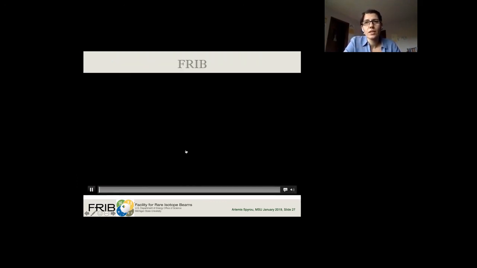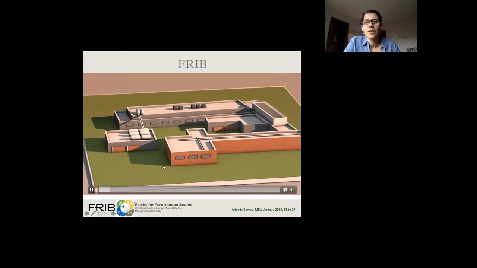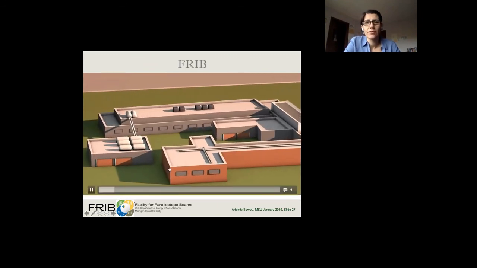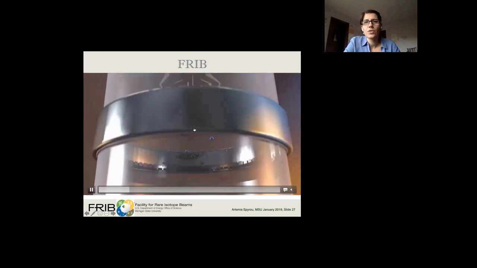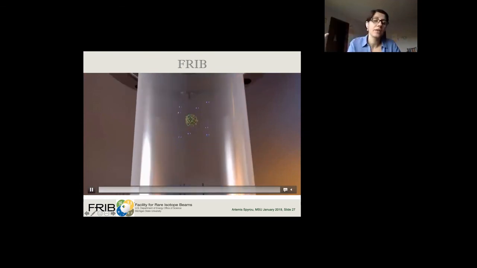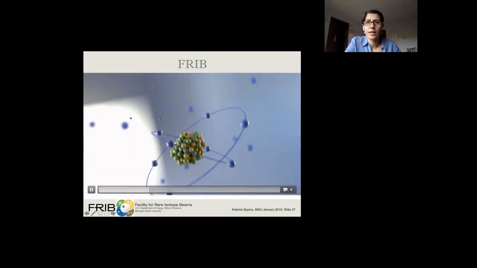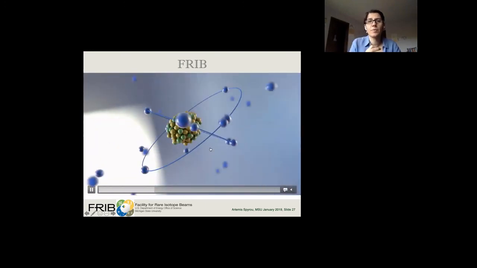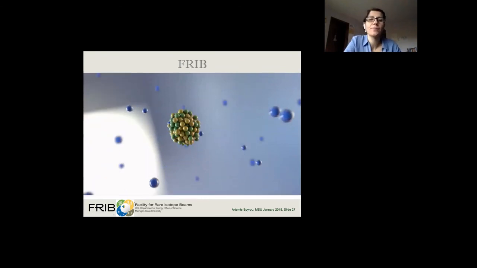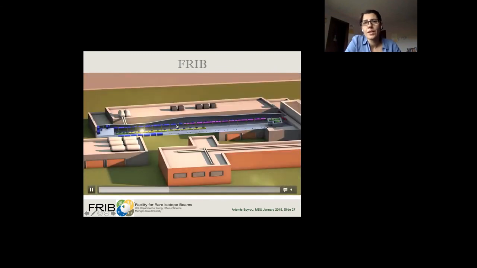If you want to see a little bit of what that looks like, this is a video. I don't know if it's rendering fast enough, but you can kind of see the overview of the building. Instead of the 2 cyclotrons, we will have a linear accelerator, which you could see over there. The idea is the same. You get the initial atom, anything naturally occurring, anything stable. You can strip out the electrons from that atom so you can accelerate it. Now it will be positively charged, and once it's stripped and you just have the nucleus, it goes through the linear accelerator.